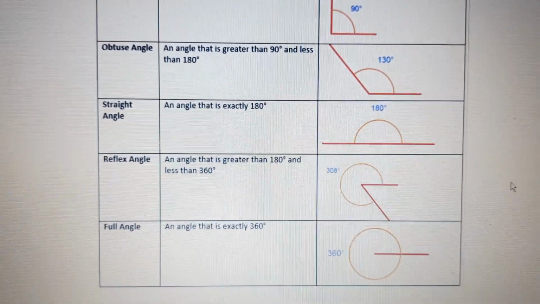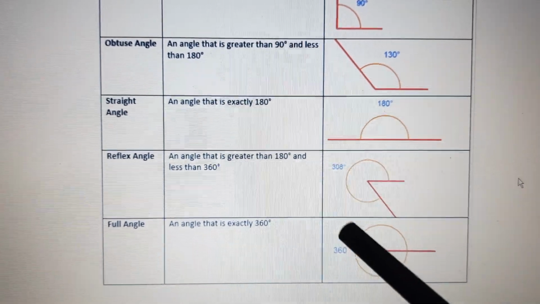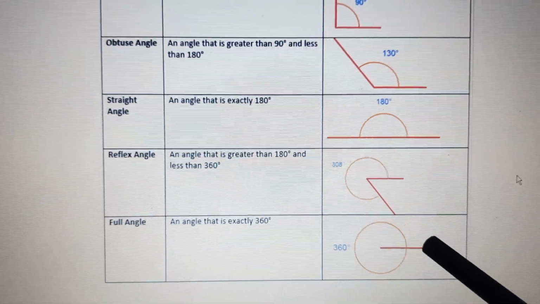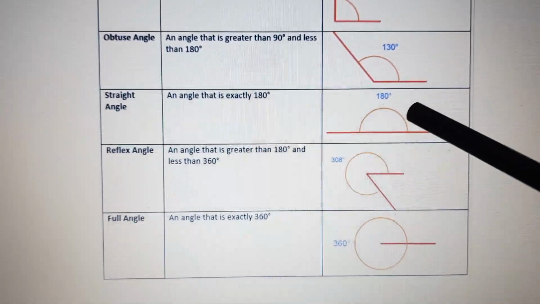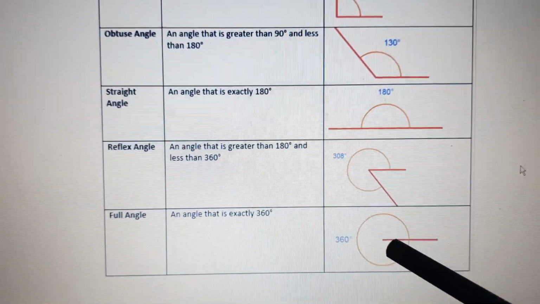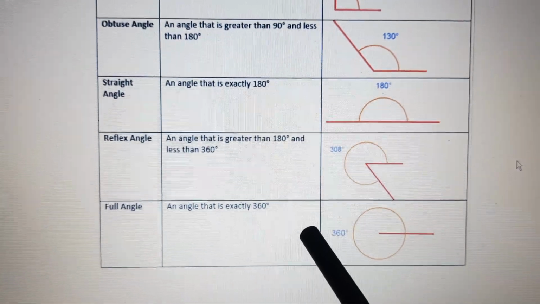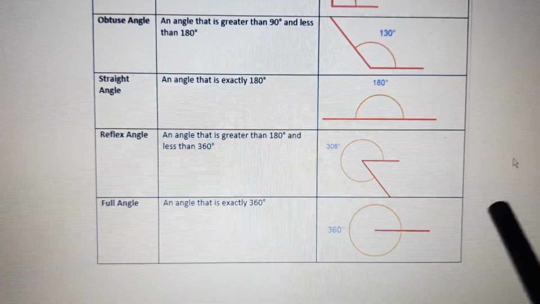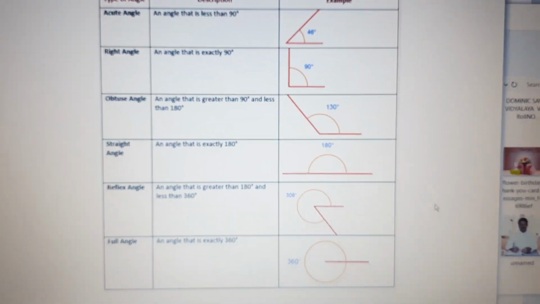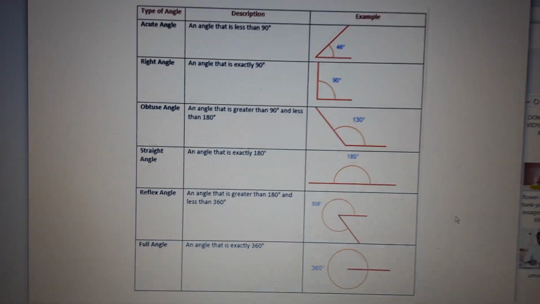Okay, so because a circle is complete, you can see this, it's complete. So 180 on the upper side, 180 on the lower side. So here it's 180 straight line, so 180 downwards also. So it becomes a complete circle. So an angle that is exactly 360 degrees is a full angle because it's completing the whole rotation. Hope it's clear, children. Reflex angle is for your extra information.